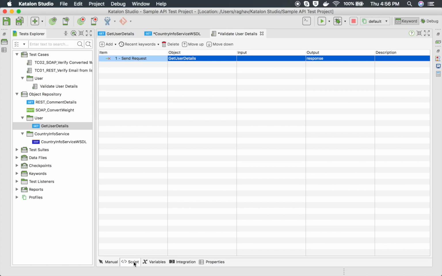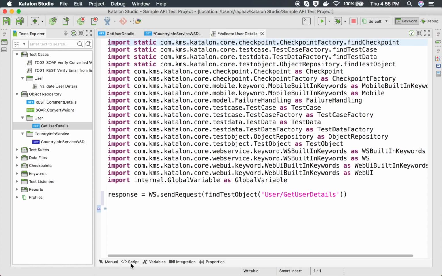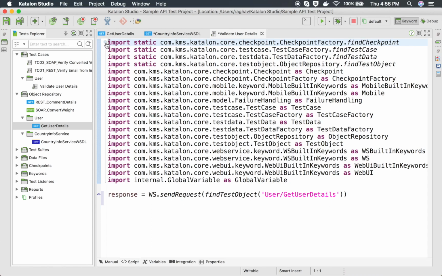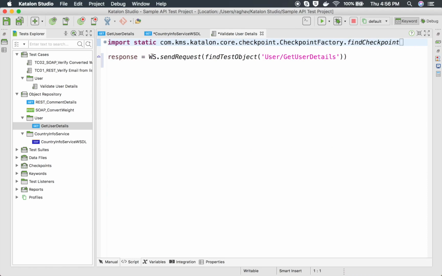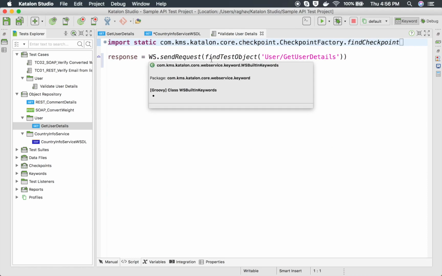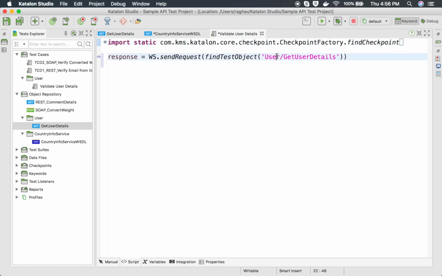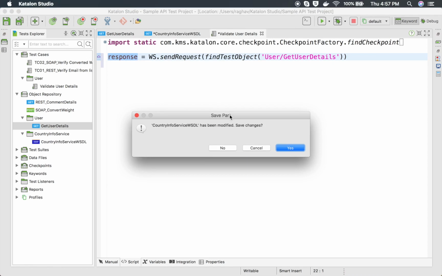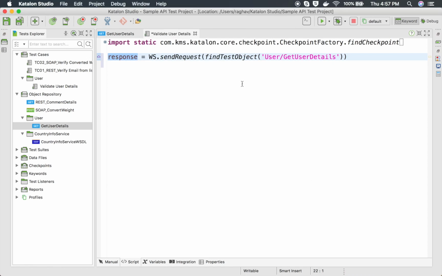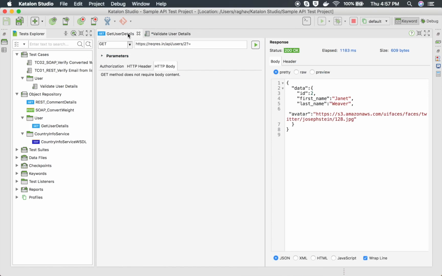If you go to the script mode from here bottom, you can see the scripting of this. I will just minimize this import statements, and you can see this is the script ws.sendRequest find test object, and this is the users. Inside users folder we have get user details, and this all is stored inside response. So the response variable will store the output. Okay, so now let me go back to our test case